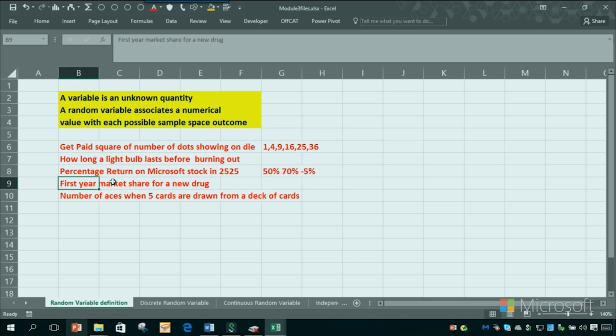And look at the first year market share for a new drug. It might get a 40% share of the market, might get a 10% share. Maybe nobody wants to use it, or it gets taken off the market. The number of aces when you draw 5 cards from a deck of cards, basically without replacement. Well, there's only 4 aces in the deck, so you might get 0 aces, 1 ace, 2 aces, 3 aces,